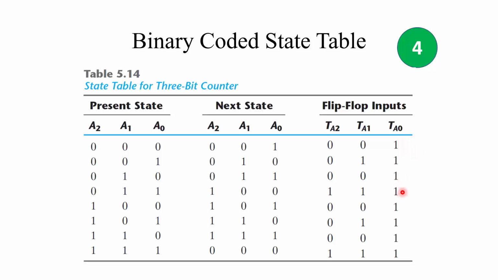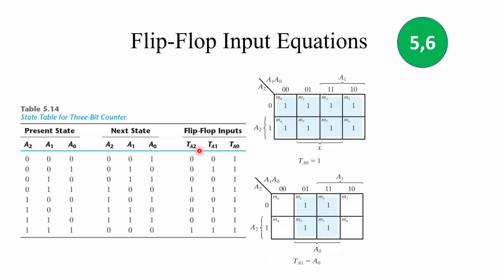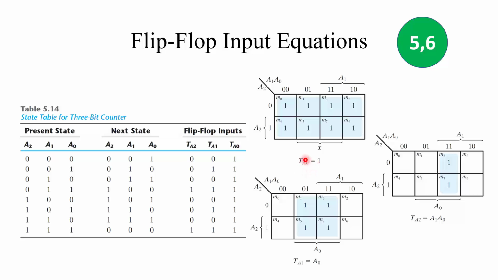हमने कैरेक्टरिस्टिक टेबल यूज किया of course T फ्लिप फ्लॉप का in order to fill these flip-flop inputs. जब फ्लिप फ्लॉप इनपुट्स हमारे पास आ जाएं, of course then the next process हमारे पास क्या है कि हम स्टेट टेबल को यूज करके और फ्लिप फ्लॉप इनपुट इक्वेशंस को यूज करके इक्वेशंस डिराइव कर सकते हैं। ठीक है, कर्नॉफ मैप्स यूज करेंगे और डिराइव कर लेंगे अपनी फ्लिप फ्लॉप इनपुट इक्वेशंस। So TA0 में चूंकि तमाम आउटपुट्स TA0 was high, ठीक है, that's why TA0 हम कह सकते हैं is equal to 1। इसके बाद TA1 turns out to be equal to A0 and TA2 turns out to be A1 and A0। तो अभी जैसे हमने पहले भी डिस्कस किया था कि इन टर्म्स ऑफ काउंटर जो हमारे पास कॉम्प्लेक्सिटी होती है इनपुट इक्वेशंस की वो बहुत रिड्यूस कर जाती है, because T type flip-flops are specifically suited for